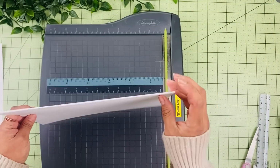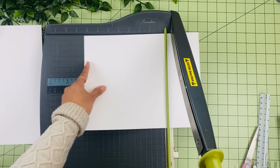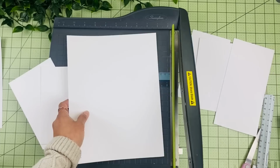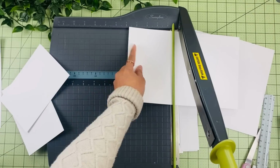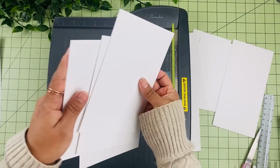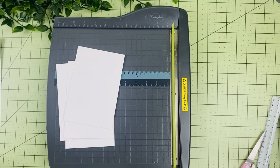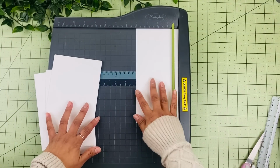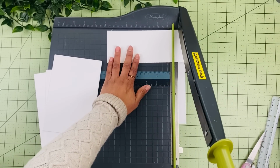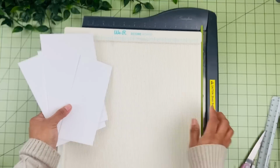And so I'm going to cut 6 pieces, and these are going to be 6 3/4 by 4.5. And so there we go. So we have 6 pieces of 6 3/4 by 4.5. And then I'm going to cut 1 piece. I'm going to use this from my scraps, and this is going to be 3 by 7. So 7 by 3 or 3 by 7,